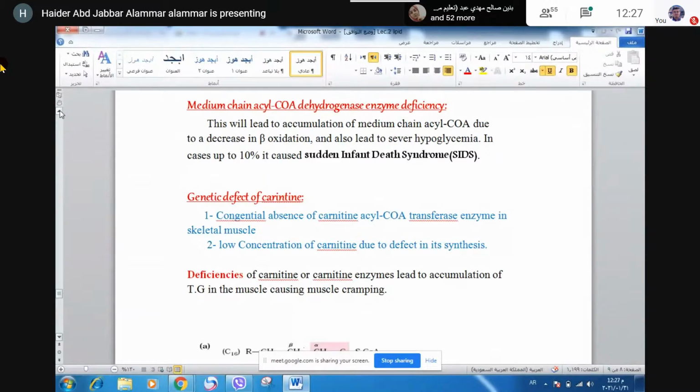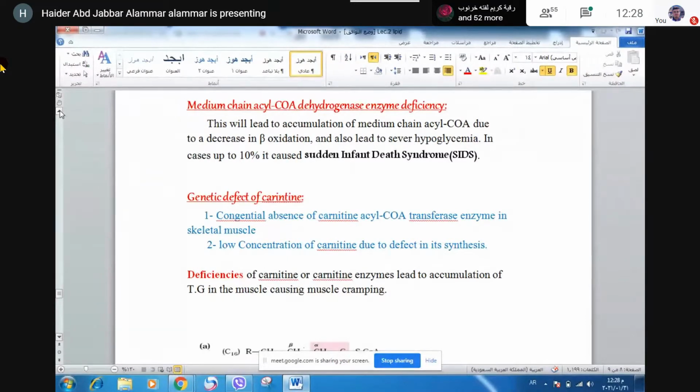Always remember that short chain fatty acids enter the mitochondria without the carnitine shuttle. Remember, short chain fatty acids pass freely through the mitochondrial membrane to the mitochondrial matrix. Okay, while the medium chain and long chain fatty acids need the carnitine shuttle to enter the mitochondrial matrix. Okay, done. So if there is a medium chain acyl coenzyme A dehydrogenase enzyme deficiency inside the mitochondria,